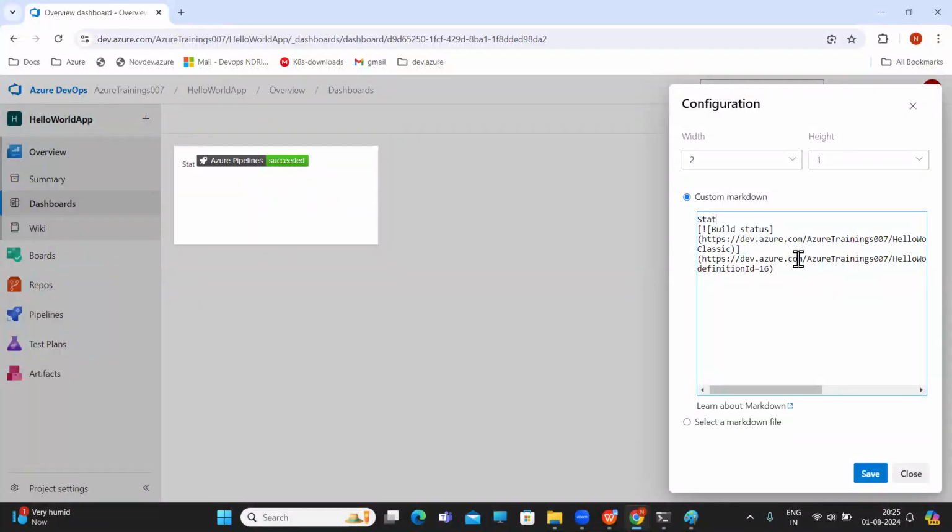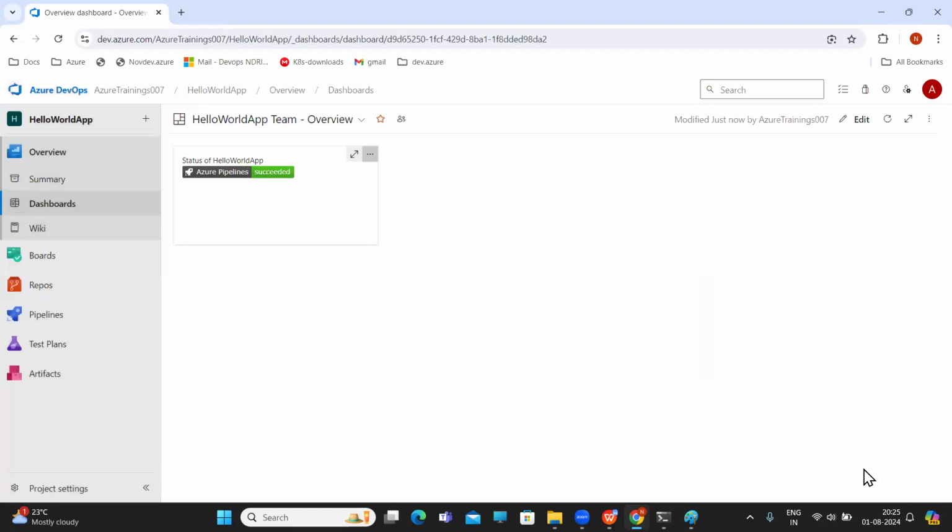Will it give the dashboard status of the CI/CD pipelines? Yes. Even before adding this widget, there might be pipeline runs, but it will not give the details before the widget addition. You have to configure it first. This is a one-time effort. So what we'll do,